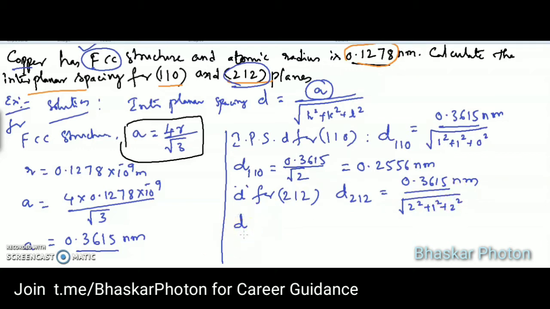So D212 is equal to how much? 0.3615 divided by root, how much is this? Root of 4 plus 1 plus 4, that is root 9, that is nothing but 3. Right. So if you do simplification, this is 0.1205